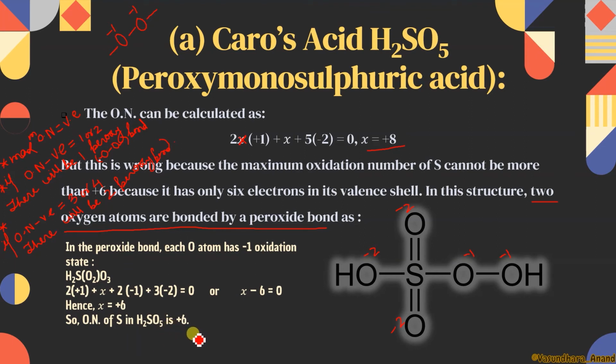Okay, one more point is here. If there is a peroxide bond, you have to use this calculation, and whatever oxidation number you find will be equal to its valence electron. So this is going to be a big help in your MCQ questions. If you find a peroxide bond, then by using this calculation, by doing all these things, what oxidation number will we get? Equal to valence electron. Clear? Any doubt in this?